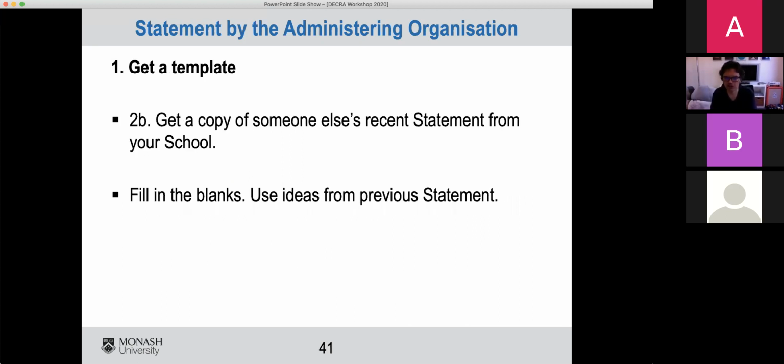So when you're putting it together, you can get a copy of a statement from someone else from the school. You fill in the bits that are about you to make sure that it reads as if it is a personalised statement. So you start with a template, information from your school, fill in the rest from you. But remember when you're writing this, remember it's written by Rebecca Brown. Now Rebecca's actually very interdisciplinary. She has an engineering degree and a social science degree, so I think social science and something in water and engineering across masters and PhD. But she's not going to understand the nuts and bolts of your research project. She's not going to understand particular bits of data collection.